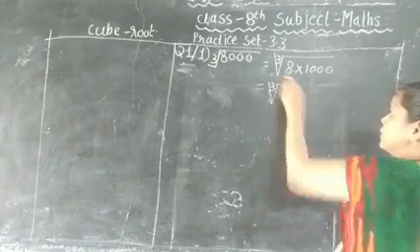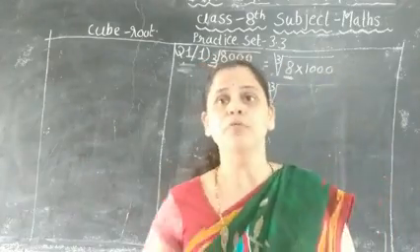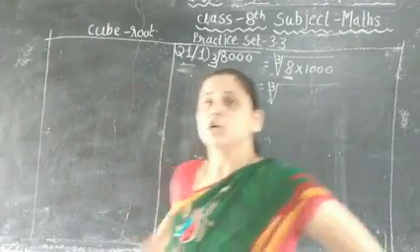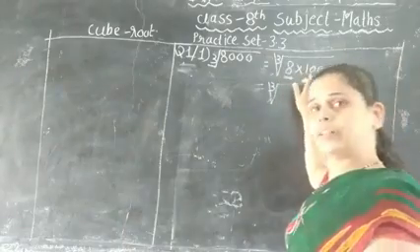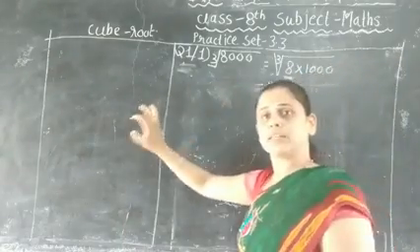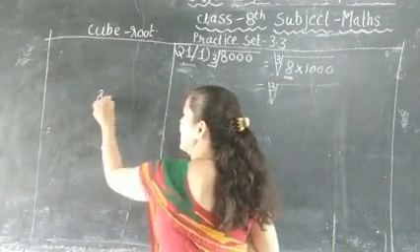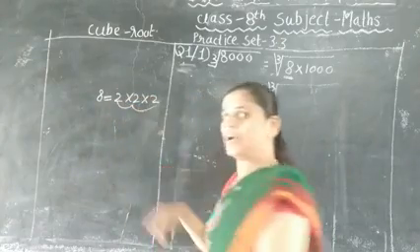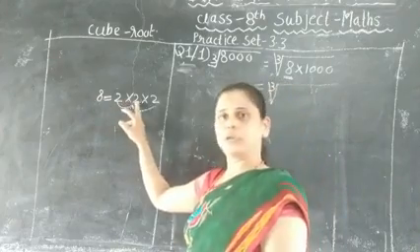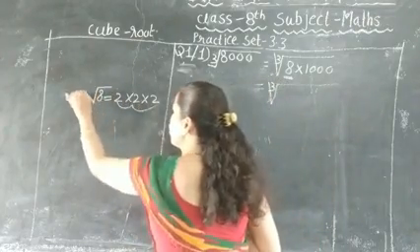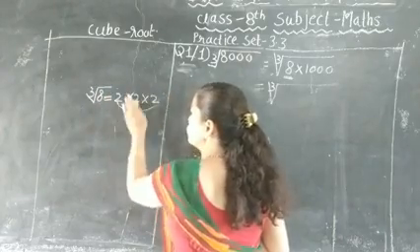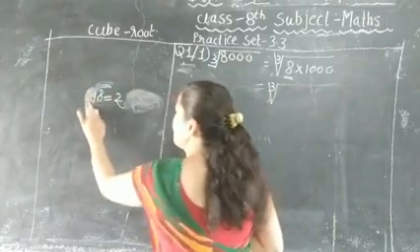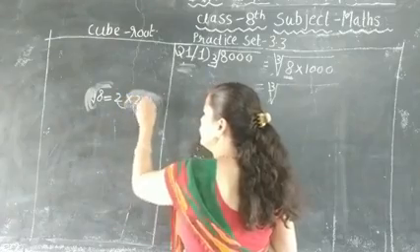To find the cube root of any particular number, we have to find the factors of that number. So here two numbers, 8 and 1,000. So find out the factors of 8, and we know factors of 8, 2 into 2 into 2. 2 2s are 4 and 4 2s are 8. So 8 equals 2 into 2 into 2. So that's why the cube root of 8 is 2.